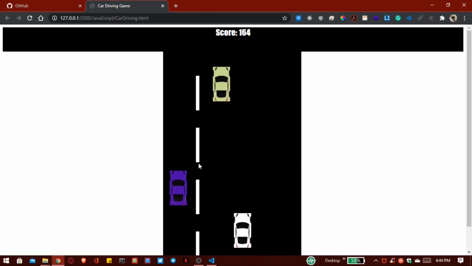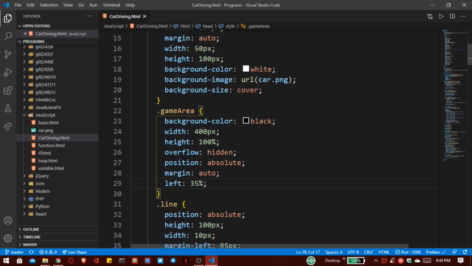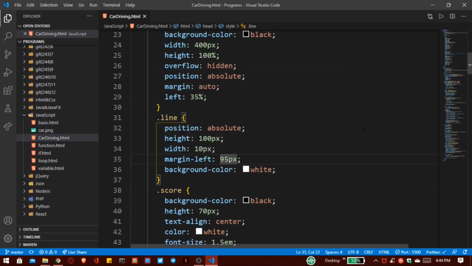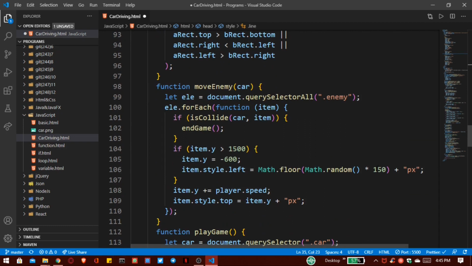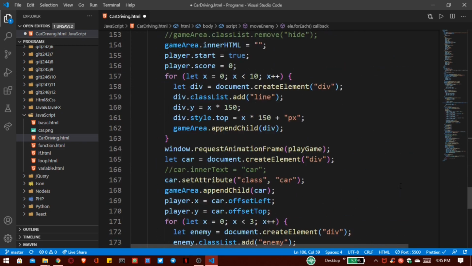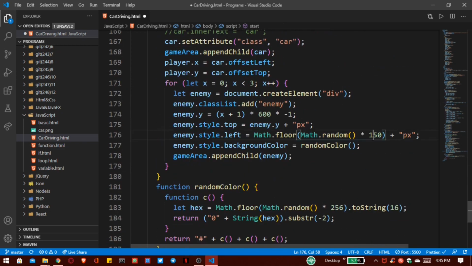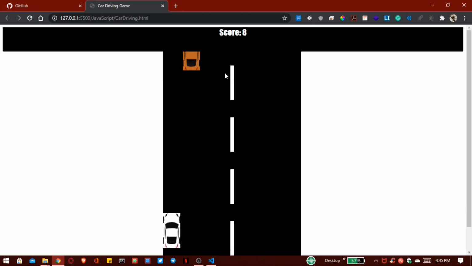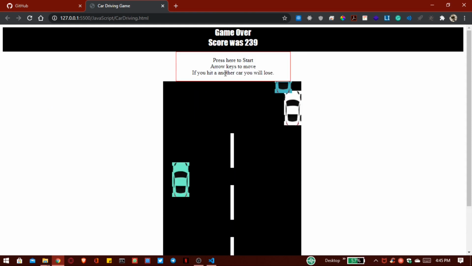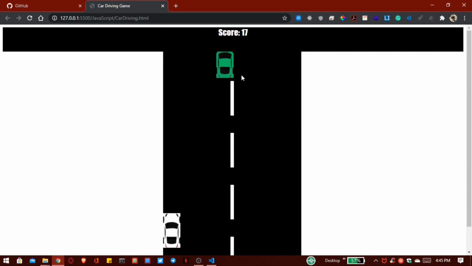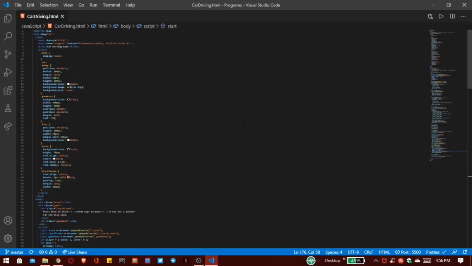Now we have to adjust this line margin. So inside our line I want to add 195, and we also have to adjust our car position. For that I want to increase 100 to 350 to update our car position. Here we also have to change. Now save this file and start the game, and yes, it is working perfectly as we expected. So now our project is completed successfully.